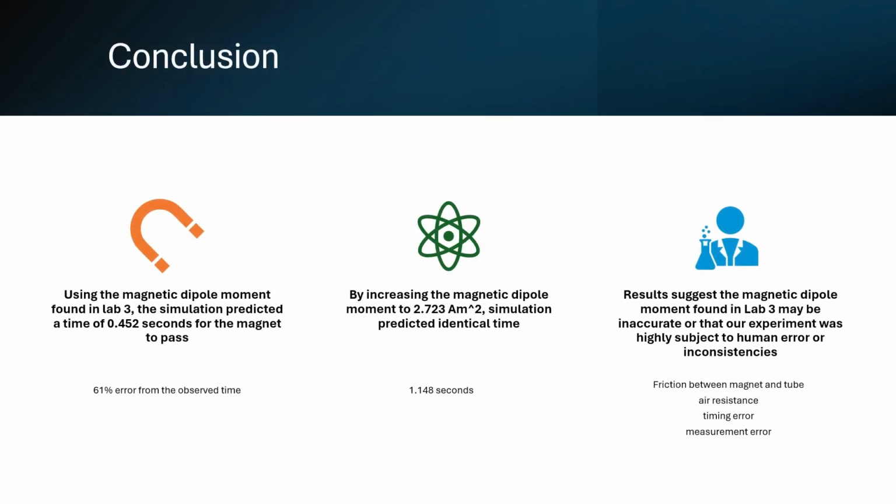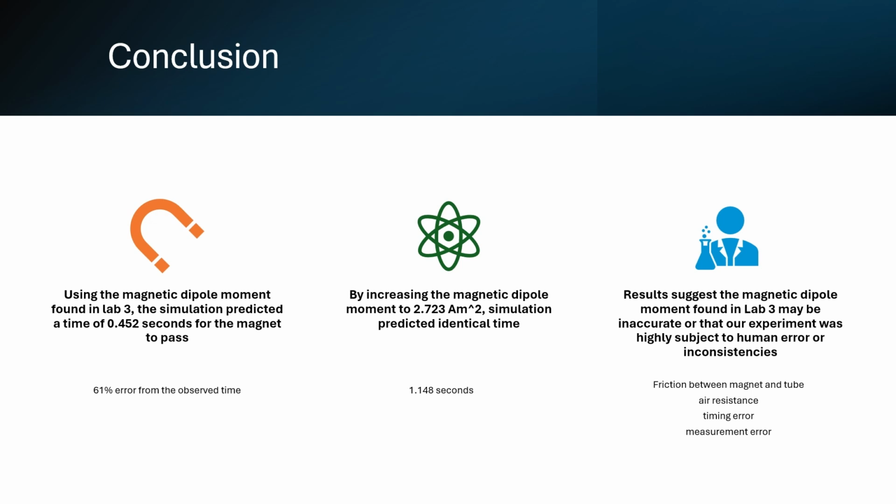In the end, we found that the magnetic dipole moment from lab 3 may not be completely accurate, as we had a 61% error from the observed time. By increasing the magnetic dipole moment to 2.723, the simulation predicted an identical time, which is 1.148 seconds, which is why we think that lab 3's data was inaccurate. And the results suggest that the magnetic dipole moment was very inaccurate,